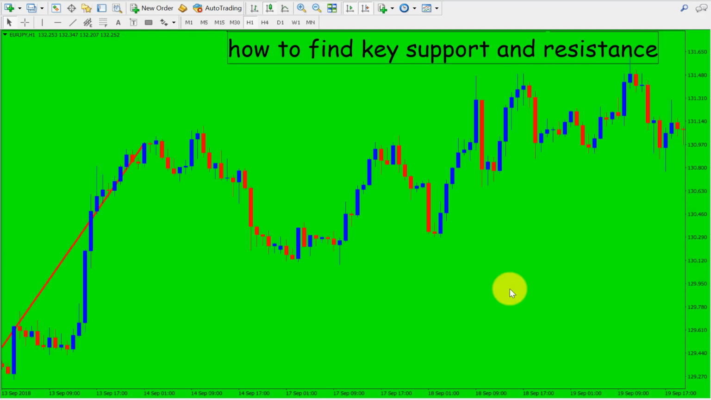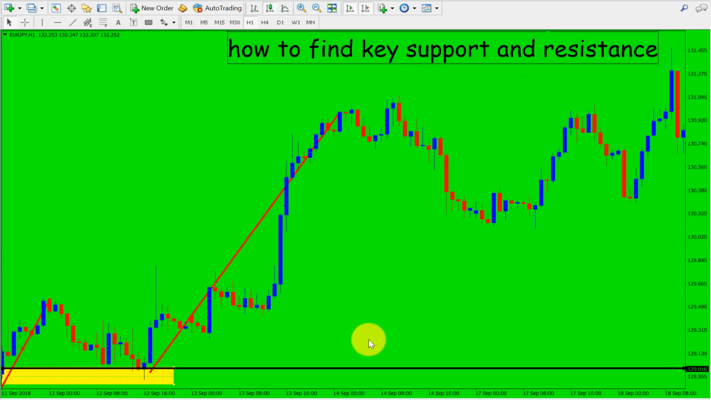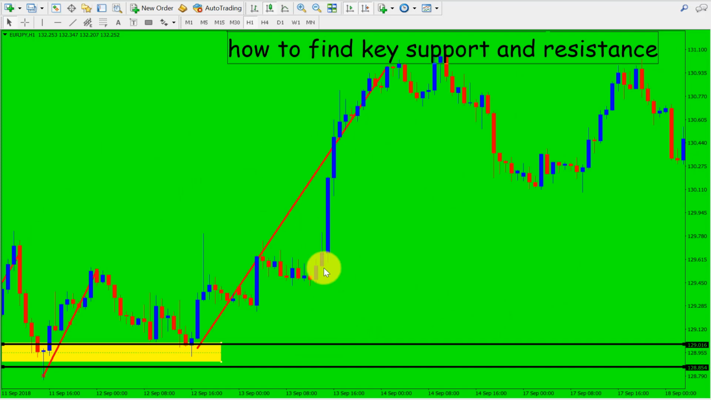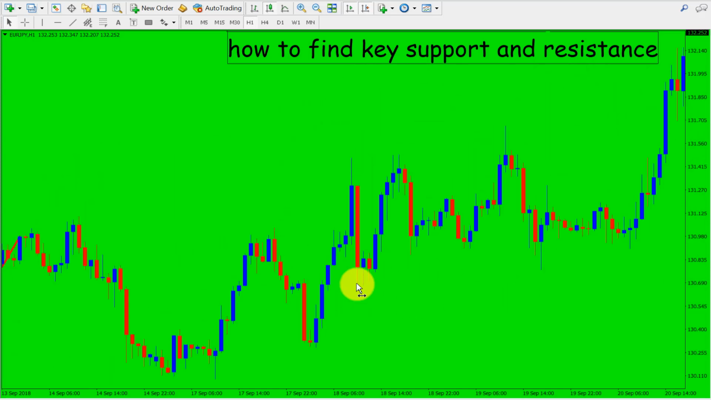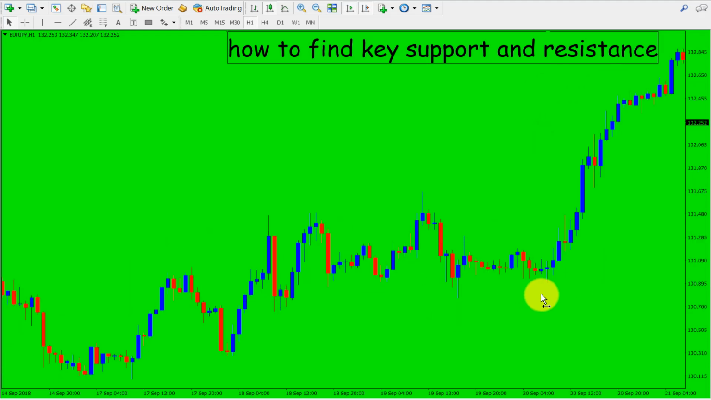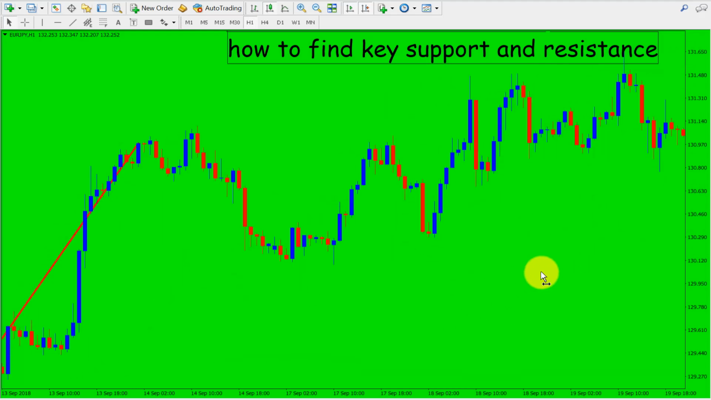So if we watch carefully, then we can see that from here to here price goes very fast. You can see that price comes here and touches this level, price bounces from here to here, here to here. So we can easily say that if price comes again to this level,